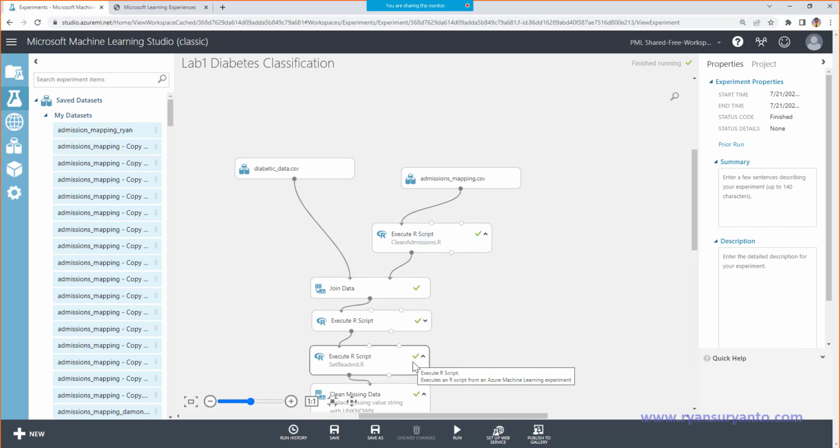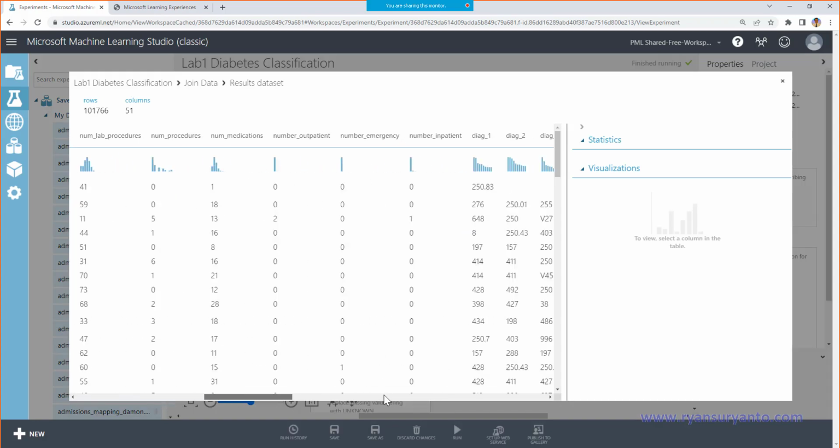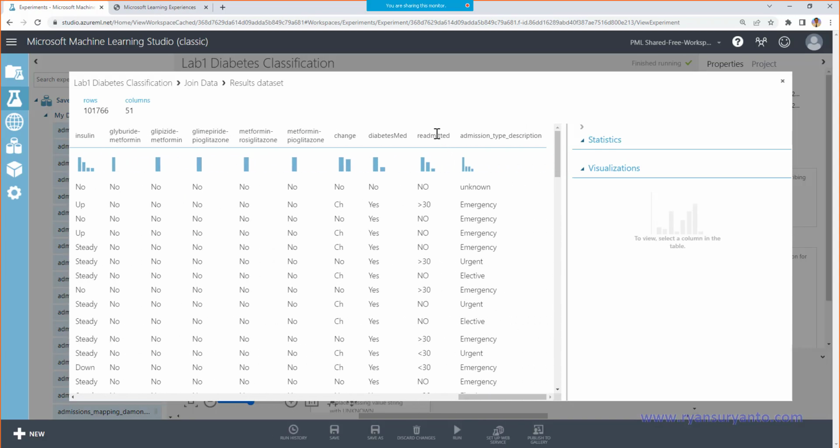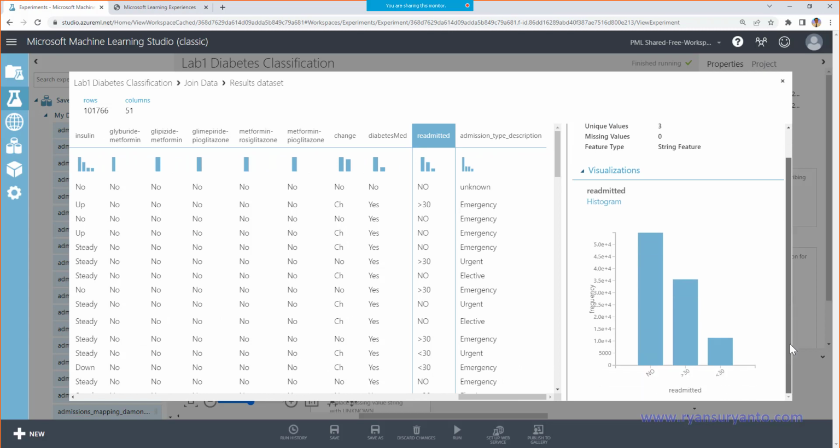So here in readmitted you have 3 values: no, more than 30, and less than 30.